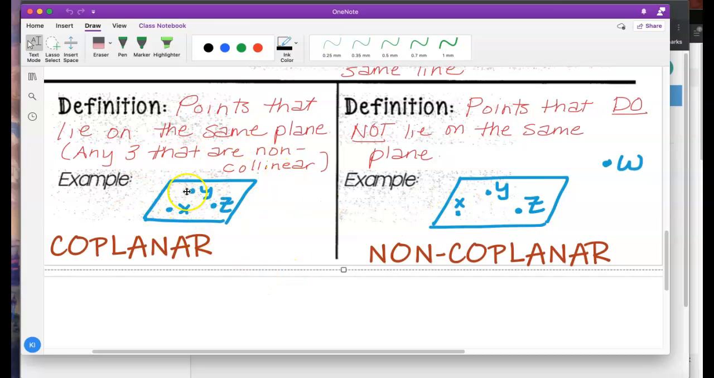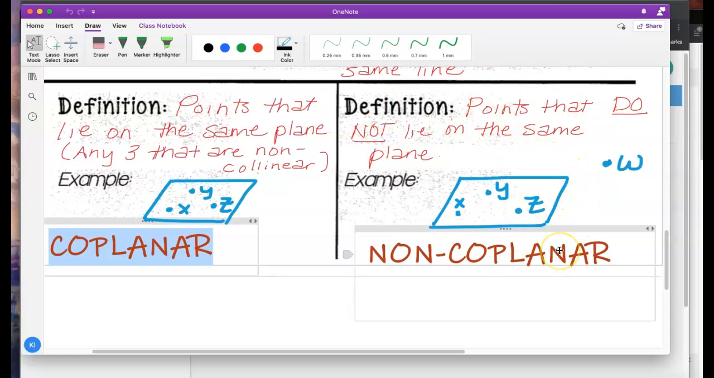So as long as I've got these 3 points and they don't form a straight line, like I can't draw a line through X, Y, and Z, right? I can't draw a straight line. It would be a zigzag. But because those points are not collinear, I know no matter what, they make a plane, so they're coplanar. Now, for points that do not lie on the same plane, I need at least 4 of them,